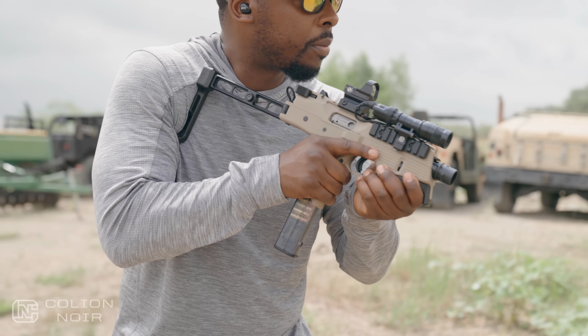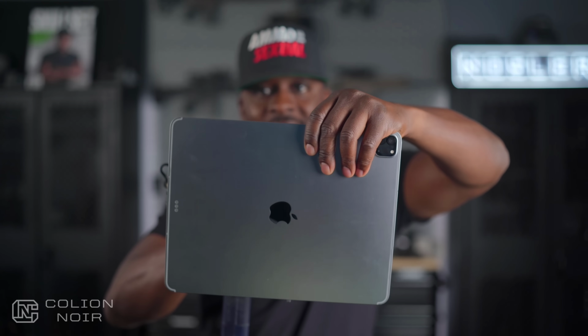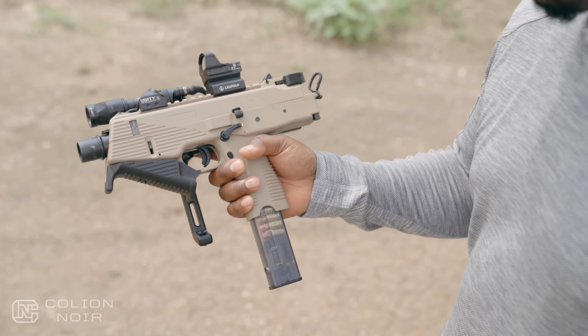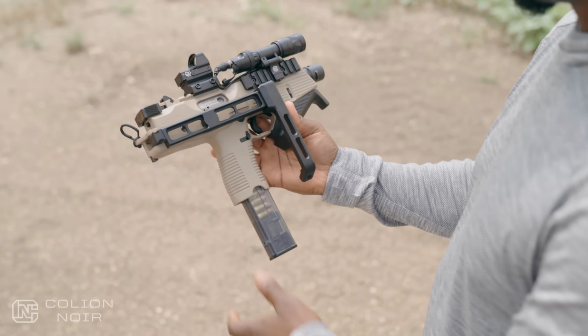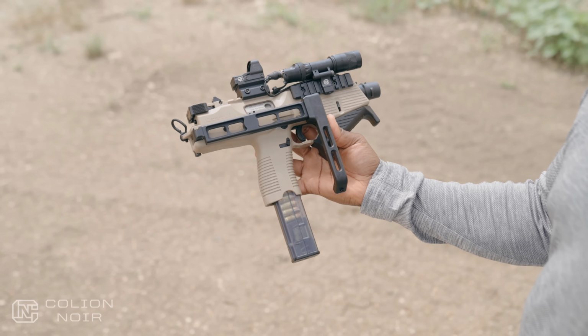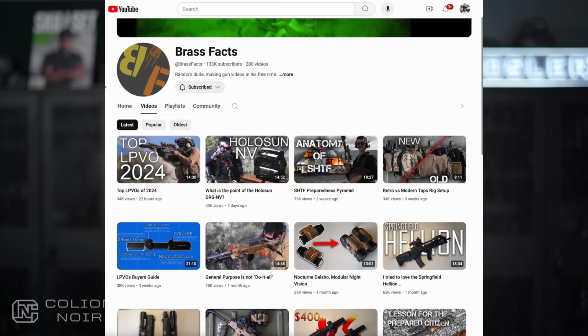Now, with the stock or brace in this case folded, a Leupold Delta Point Pro, a mini Surefire Scout Light and a Unity Tactical button, the TP9 is essentially the same size as my 12-inch iPad, and that's with a 25-round magazine. That is insane. I don't see how the TP9 isn't considered one of the best civilian PDWs on the market, which is a concept I stole from one of the channels that I like to ninja watch called Brass Facts. He's done multiple videos on the TP9, and those videos are what pushed me to get one of these things